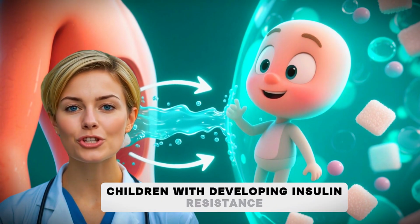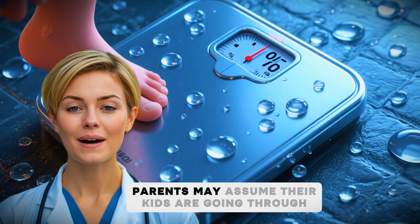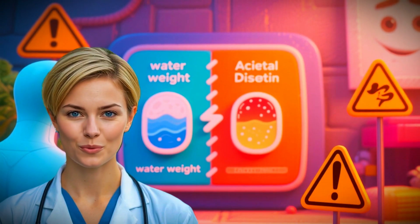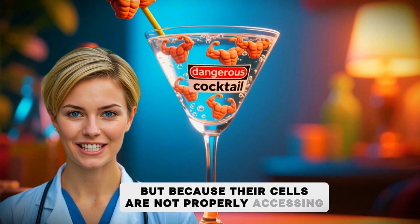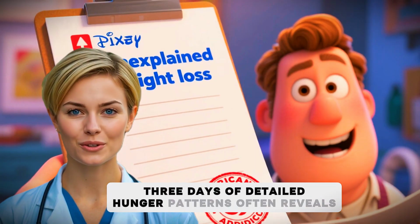Children with developing insulin resistance often exhibit constant hunger too. Parents may assume their kids are going through growth spurts when they are actually showing early metabolic changes. Teens frequently raid pantries after school, not because they are being greedy, but because their cells are not properly accessing lunch's energy. Tracking 3 days of detailed hunger patterns